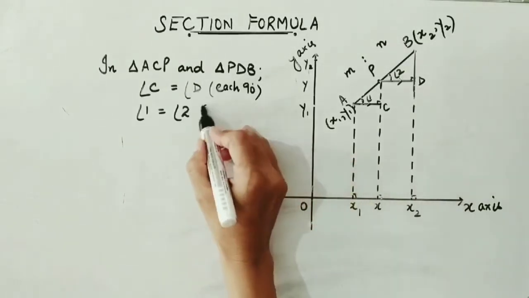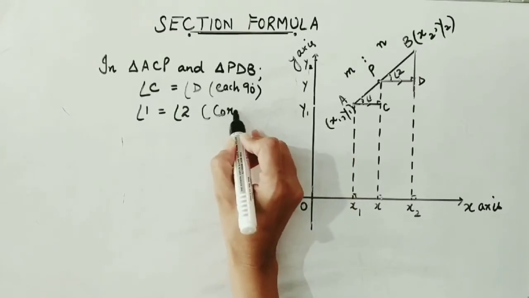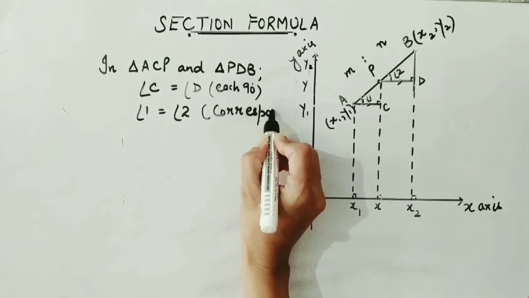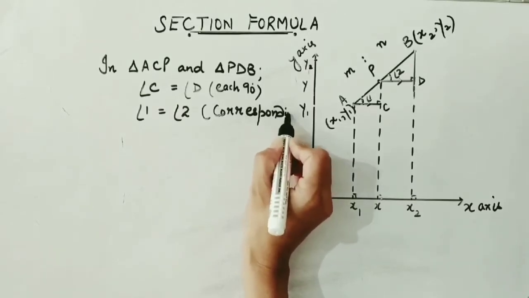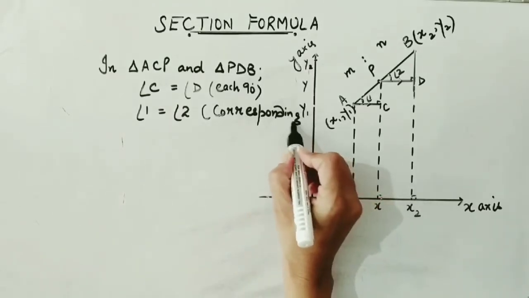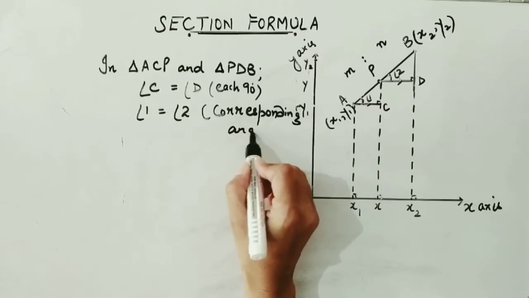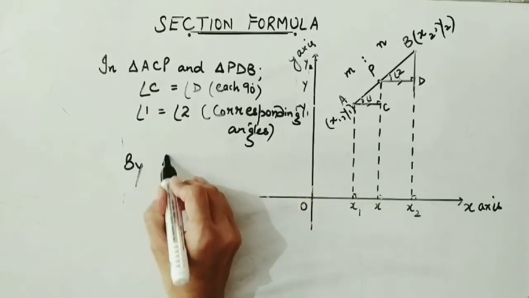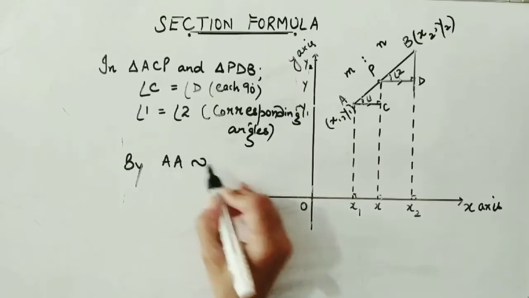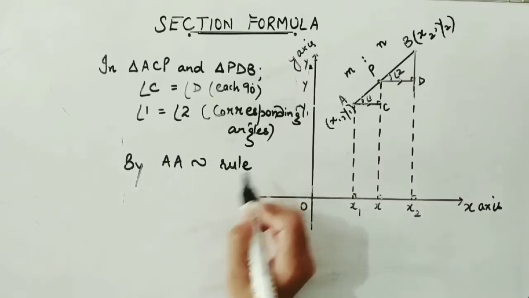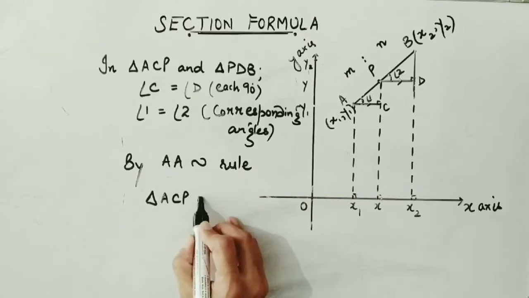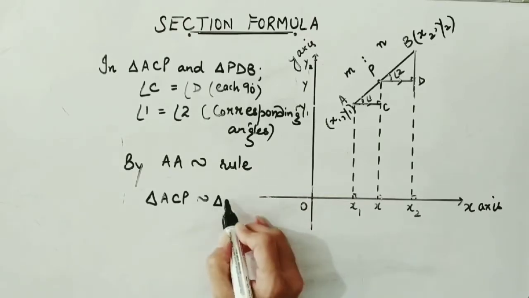These angles are corresponding angles. Corresponding angles are equal. Which rule is it? By AA similarity rule, we can say triangle ACP is similar to triangle